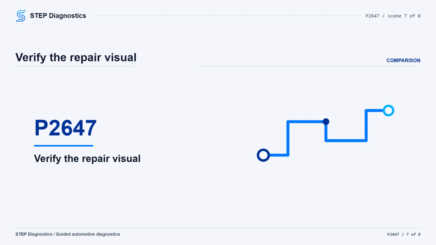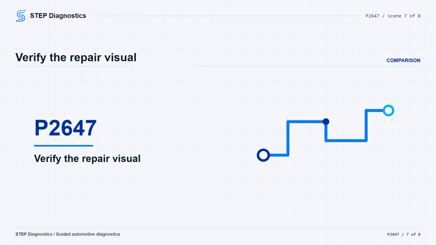Reconnect all connectors, exit SCS mode with the HDS, turn the ignition on or select on mode, reset the PCM with the HDS, and perform the PCM idle learn procedure. Then start the engine, let it idle, and check for pending or confirmed DTCs with the HDS. If P2647 comes back, recheck for poor connections or loose terminals at the rocker arm oil pressure switch and the PCM. If the PCM was updated, substitute a known good PCM and recheck. If the PCM was already substituted, go back to the beginning of the